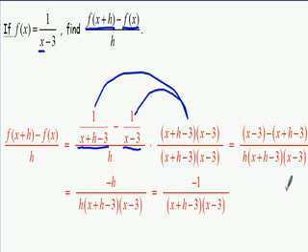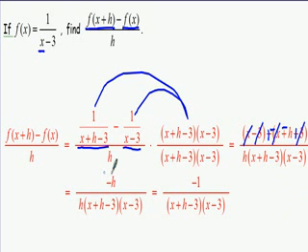So at this point, you want to clean up the numerator by combining some like terms. Since I'm subtracting a quantity here, I'm going to change some signs. Got to distribute that negative through. And as I distribute the negative through, you'll notice that the x's will cancel out. Got some 3's here that are opposites, which will go away. And all that's left is a negative h in the numerator,